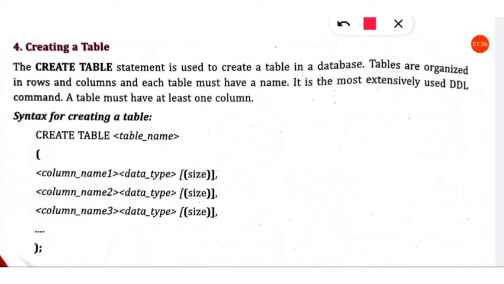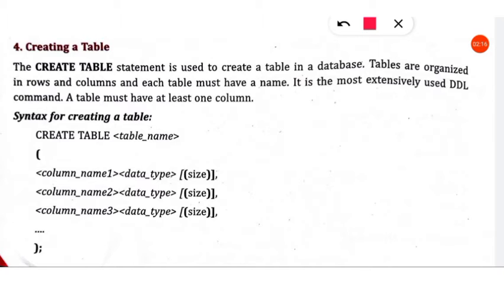Then let us see what the syntax is. The syntax is create table. MySQL is not case sensitive, so you can write create table in capital or in small letters. Create table, then the table name. Suppose you are creating a table to store school details, you can give the name as school. Whatever is given in angle brackets is the variable name. You don't have to specify the angle brackets while creating the table; just specify the name.